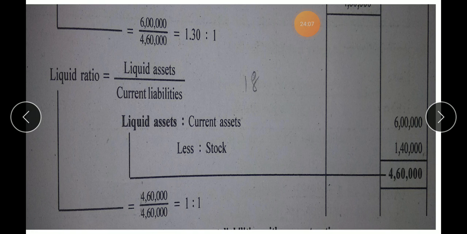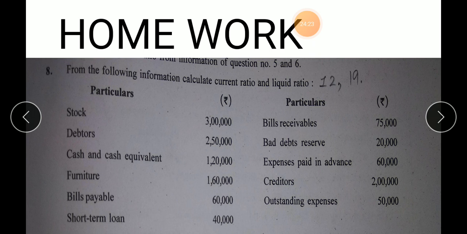In today's lecture, we have understood illustration 14 and illustration 15, which are related to liquid ratio, the second ratio in liquidity ratios. So in today's lecture, we have completed the topic of liquidity ratios. And of course, your homework is nothing other than the same sum. Question 8 from the exercise. Yesterday, you calculated current ratio. Today you are going to calculate liquid ratio also. So we are done with the topic of liquidity ratios, the second topic.